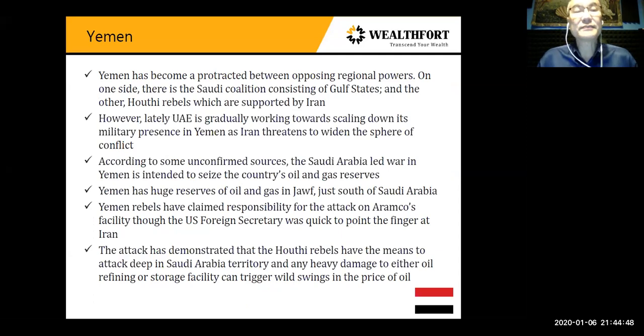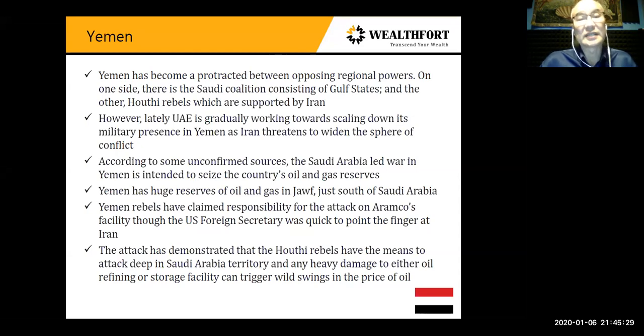Okay, in terms of Yemen, Yemen has become a proxy war between opposing regional powers. On one side, the Saudi coalition consisting of Gulf states, and on the other, Houthi rebels, which are supported by Iran. However, lately UAE is gradually working towards scaling down its military presence in Yemen as Iran threatens to widen the sphere of conflict. Now, Iran can easily send her missiles to other nations in the Gulf area as well. Okay, and that includes Dubai. Okay, all the glitz and glamour of the